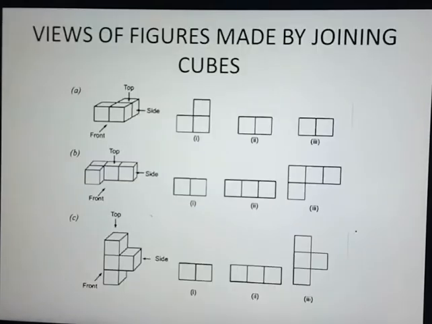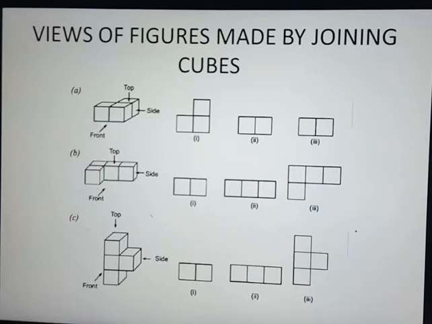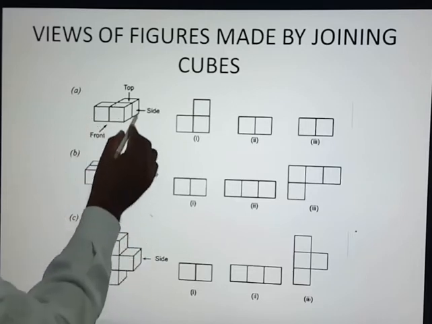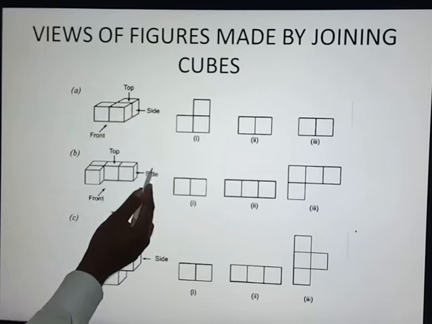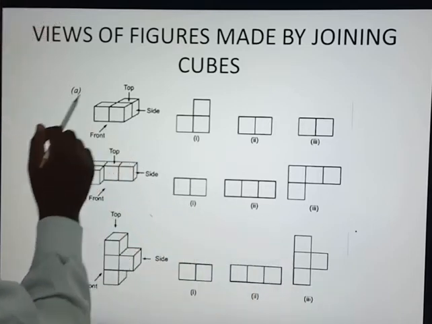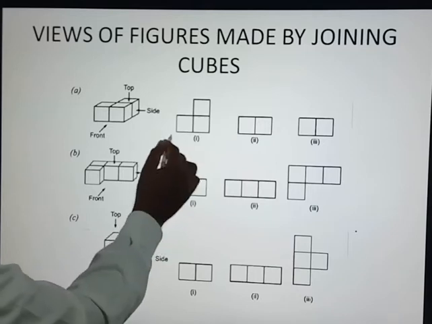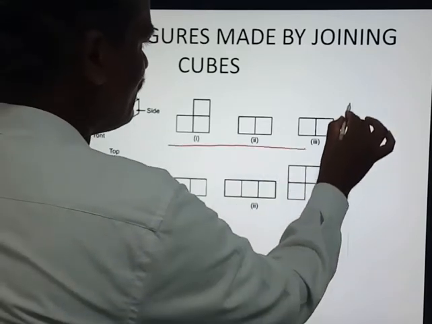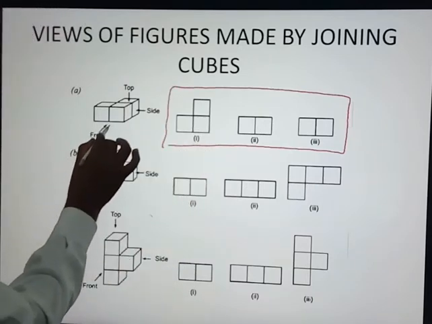We have three objects here made of cubes. These objects are formed by attaching the cubes. Here, only three cubes. First one. Now when you look at this from the top, what is the shape? When you look at this object from this side, what is the shape? When you look from the front side, what is the shape? You have to tell me. One of the girls, you tell me what is the front view of this one. Which one will match here for the front view, among these three options? Front view is shown here from this side.